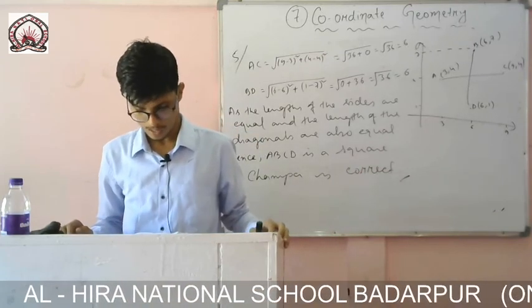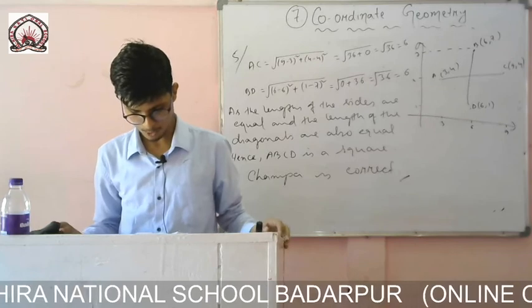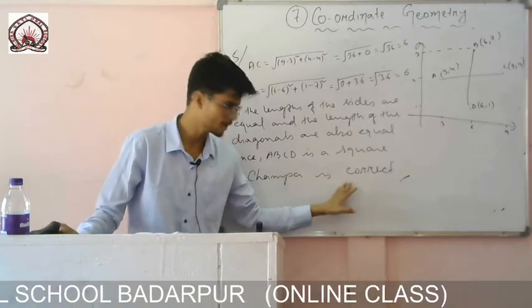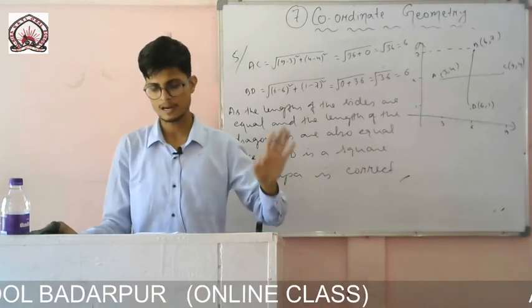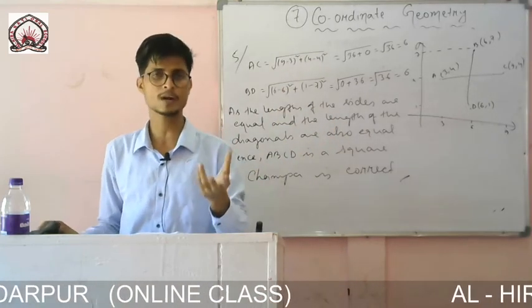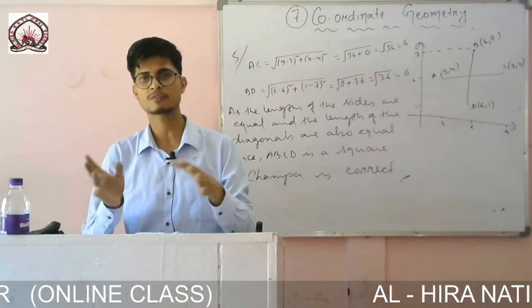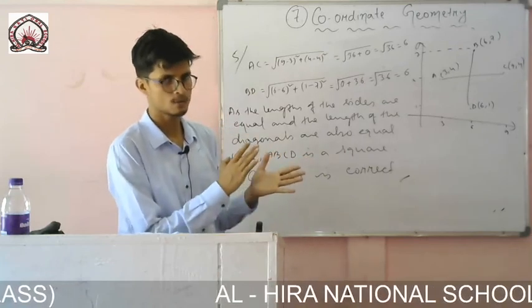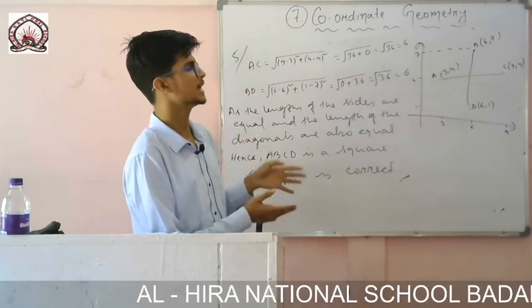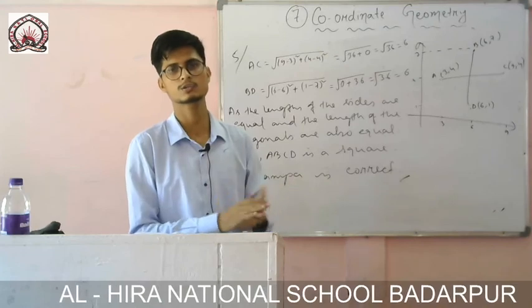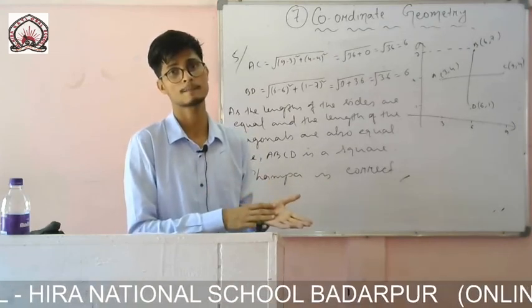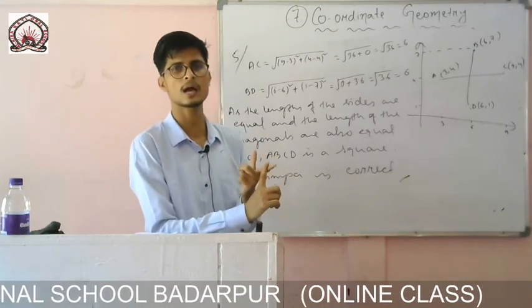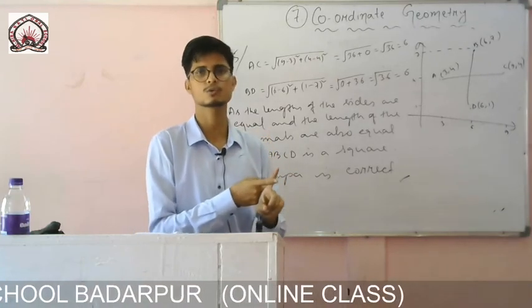Name the types of the quadrilateral formed by any of the following points and give reason for your answer. It is the same as the one we have just done. Earlier the points were not given, but now the 4 points are directly given. After finding all the distances, first you will find all the 4 sides, then the diagonals. If all the 4 sides are equal and the diagonals are also equal, then you can say that yes, it is a square. The question asks you to write which type of quadrilateral it is. So if it is a square, then all the 4 sides and the diagonals will be equal.